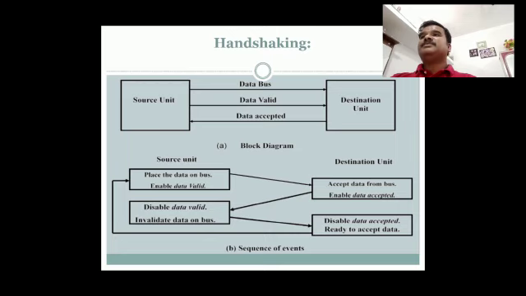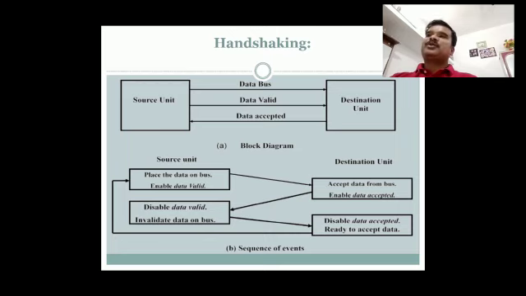It is used by the source unit to inform the destination unit whether there is valid data on the bus. The other control line is in the other direction, from the destination to the source. It is used by the destination unit to inform the source whether it can accept the data.